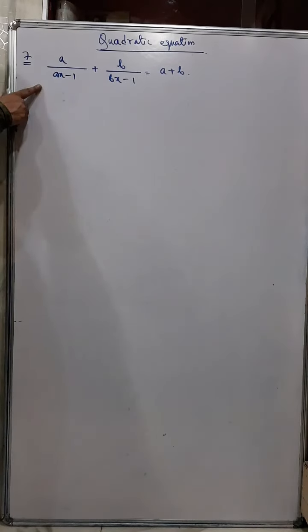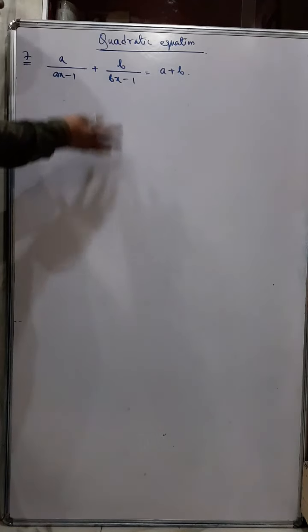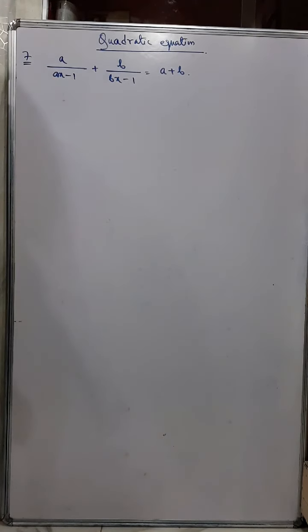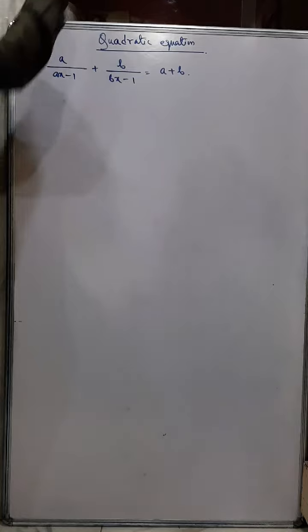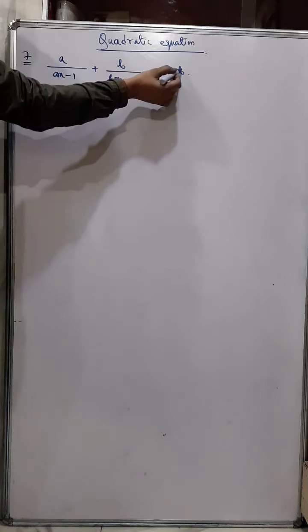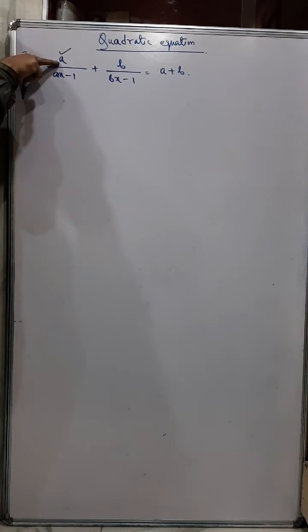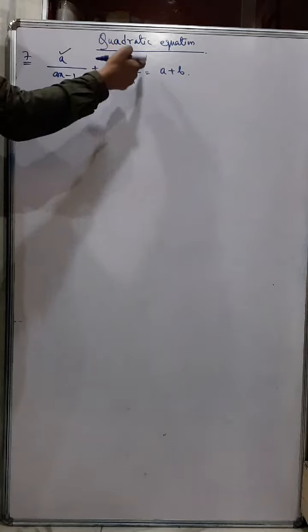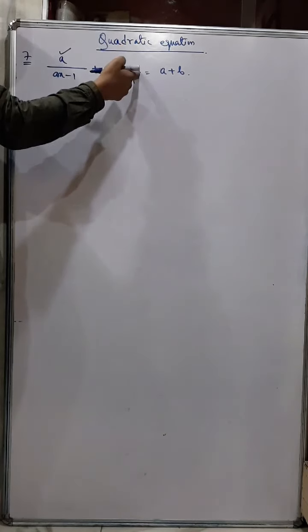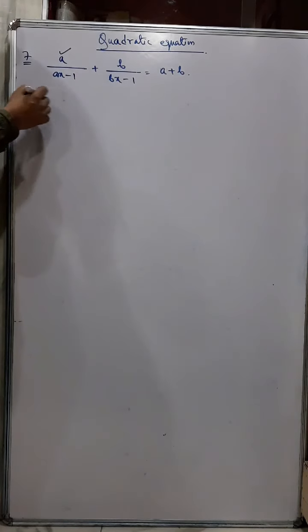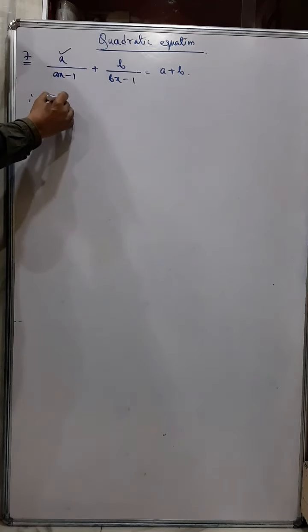Okay, now see this sum. It's a very important sum. It's a little bit different. Now in this type, we'll bring this a and b to this side. But where you have a here, you bring the b with it, and with this b you bring a with it. You can understand why I am doing this.